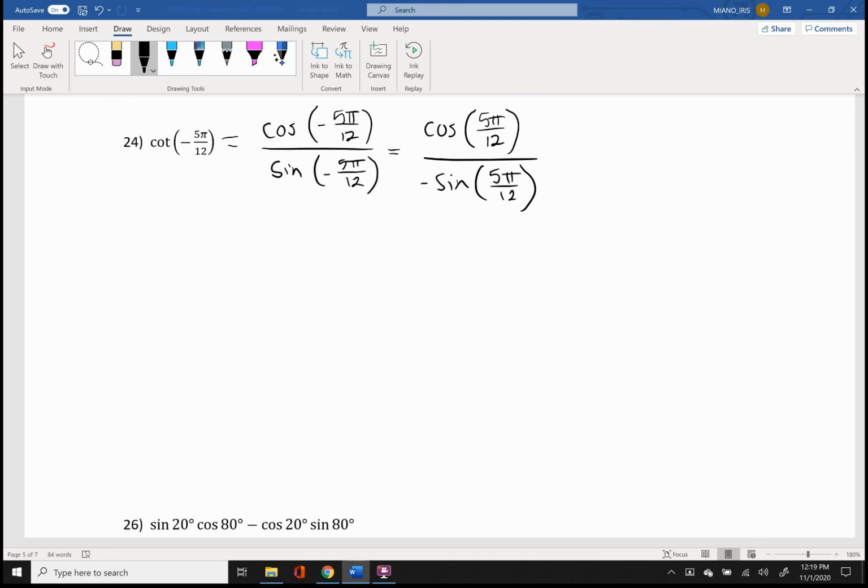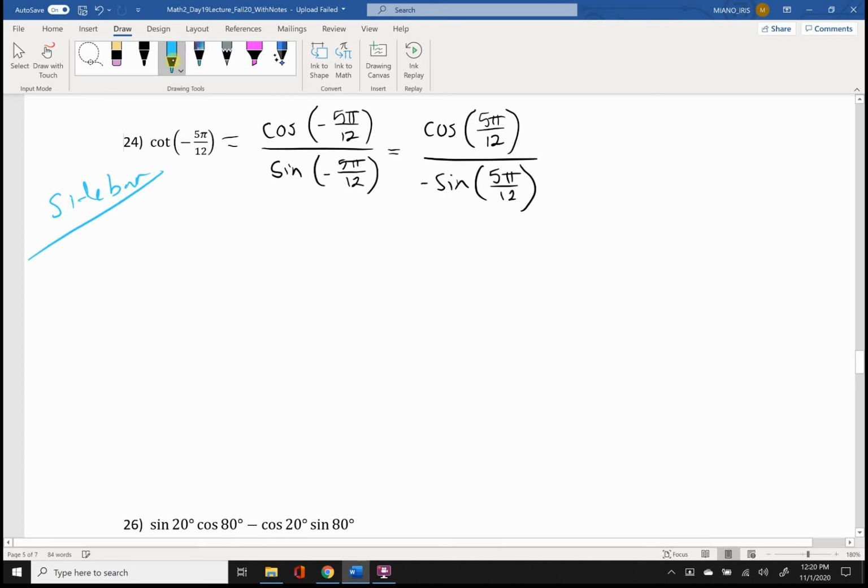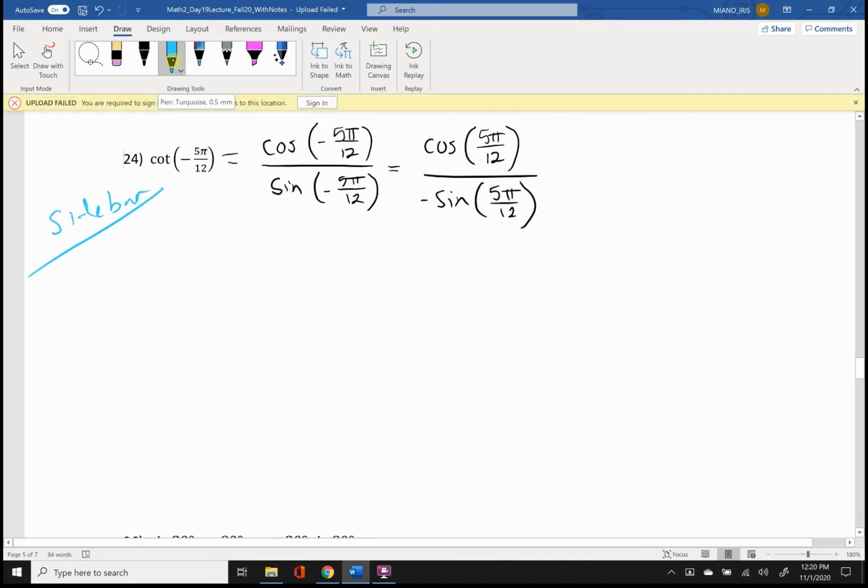I looked at the unit circle and I said to myself, I need to probably come up with a combination of radians that have denominators of 4 and 3, because 4 and 3 multiply to 12, right? So I discovered through a little bit of a sidebar, so I'll just do my sidebar in blue, that it turns out that if I take a